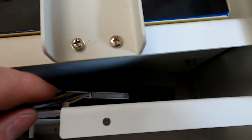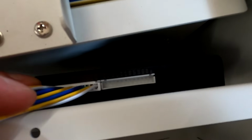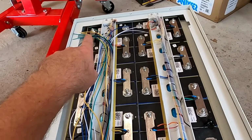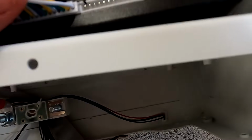So I need to mount the knee away from these stands here on this side, like this. And then I've just measured the cables coming with the knee. They are just long enough to reach the furthest cell over there. Okay, so I have to change my 3D design and mount the knee somewhere over here. Of course I could just use Velcro, you know, but then